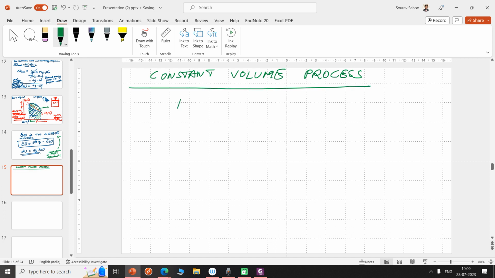We have the temperature, pressure, and the composition, and we can't keep varying all three because in some of the processes we'll have to keep one of them constant and then vary some of it. So let's say in a constant volume process, what happens is the volume